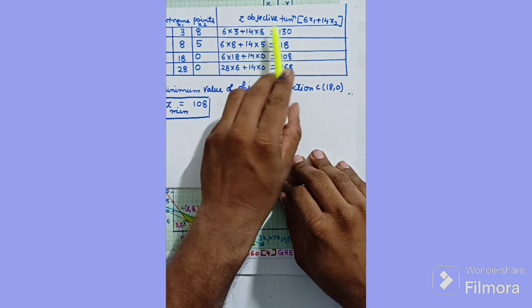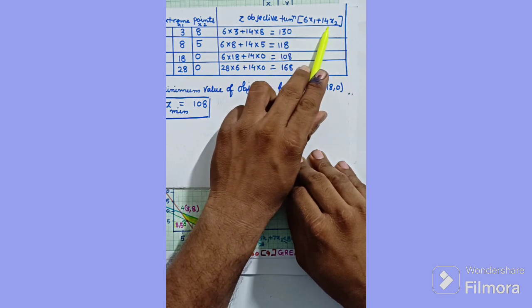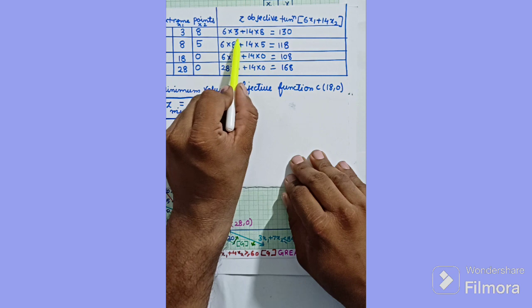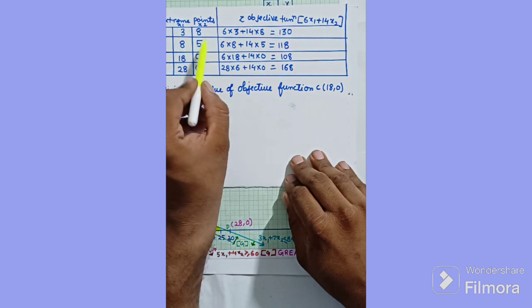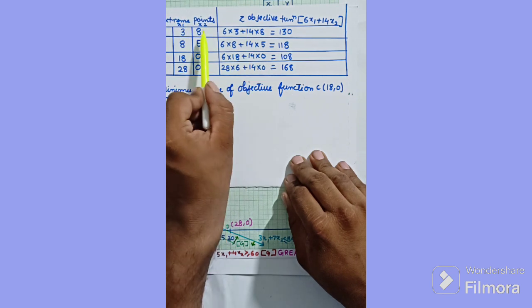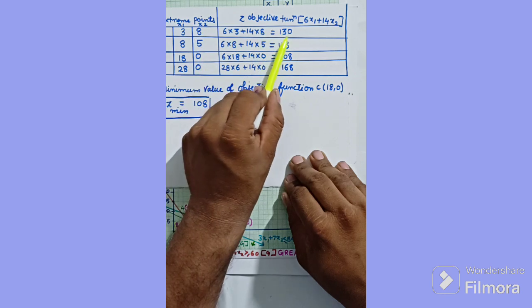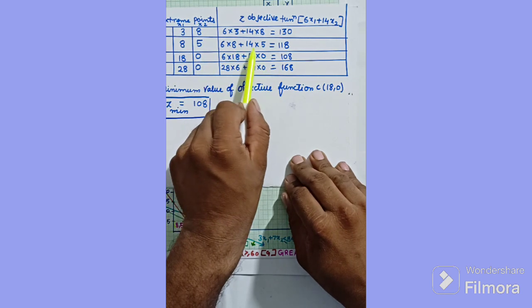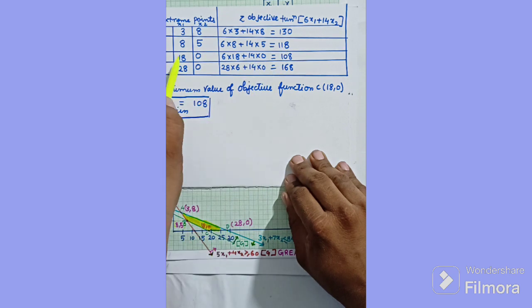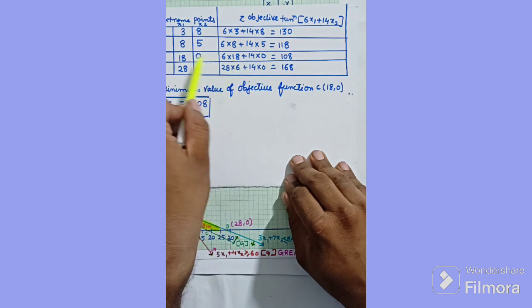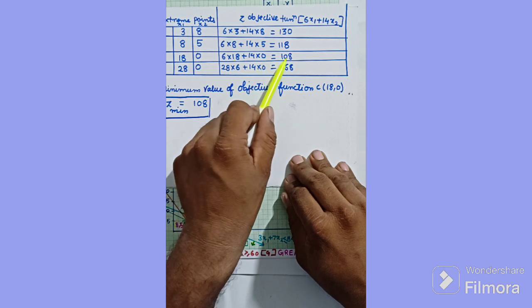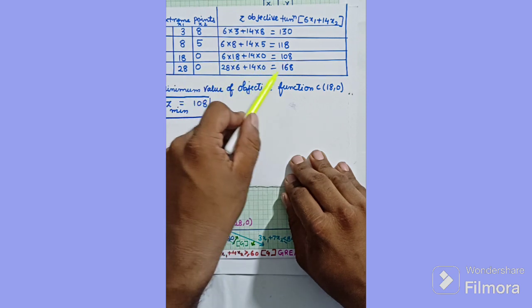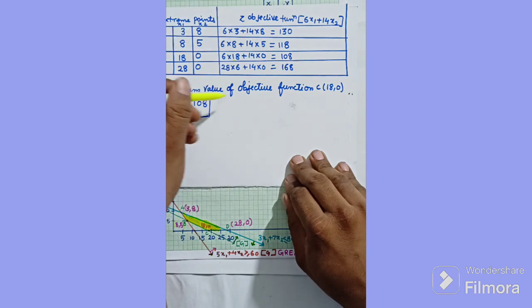The objective function Z was 6x1 plus 14x2. 6 into 3, that is the x1 value, plus 14 into the x2 value 8, is 130. Then 6 into 8 plus 14 into 5 is 118. Then 6 into 18 plus 14 into 0 is 108. Similarly 6 into 28 plus 14 into 0 is 168. So the minimum value